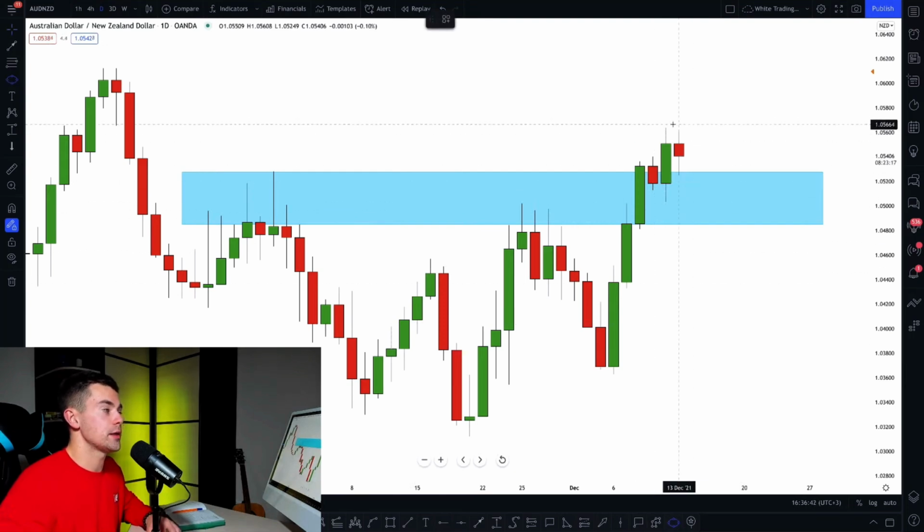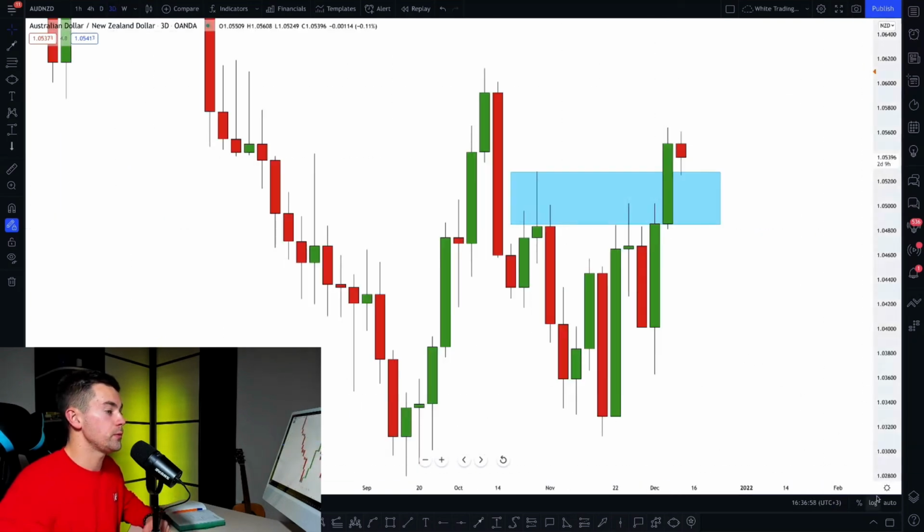Then we violated that structure to the upside. We broke above that on a daily. Yes, and can we consider this breakout to be valid? Again, we should analyze the higher time frame. On 3 days chart,